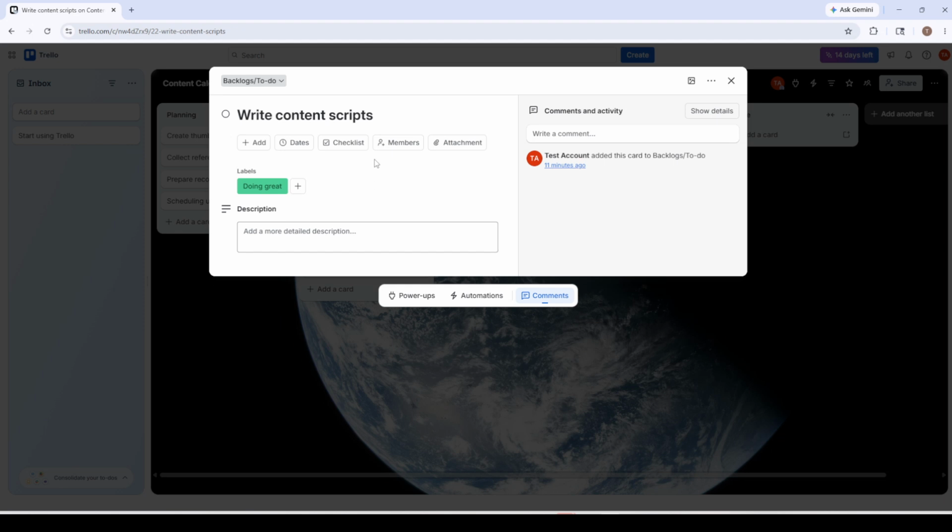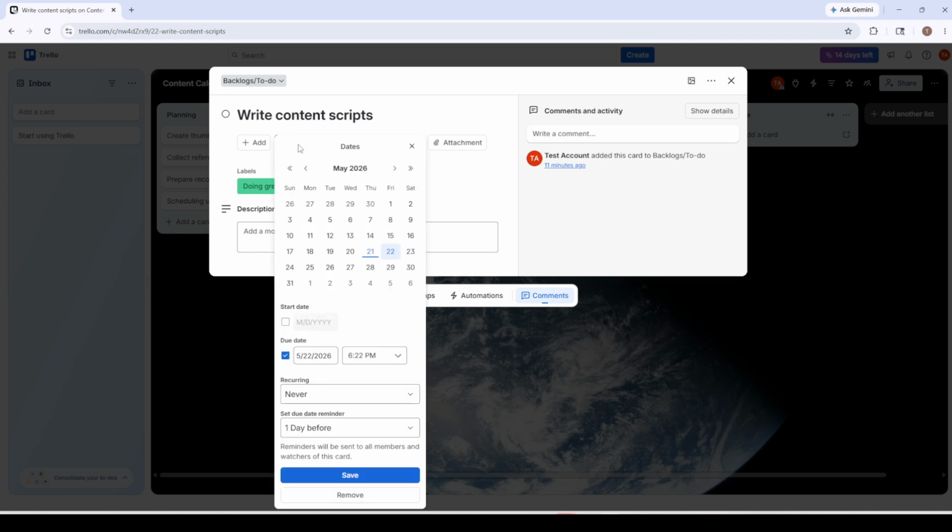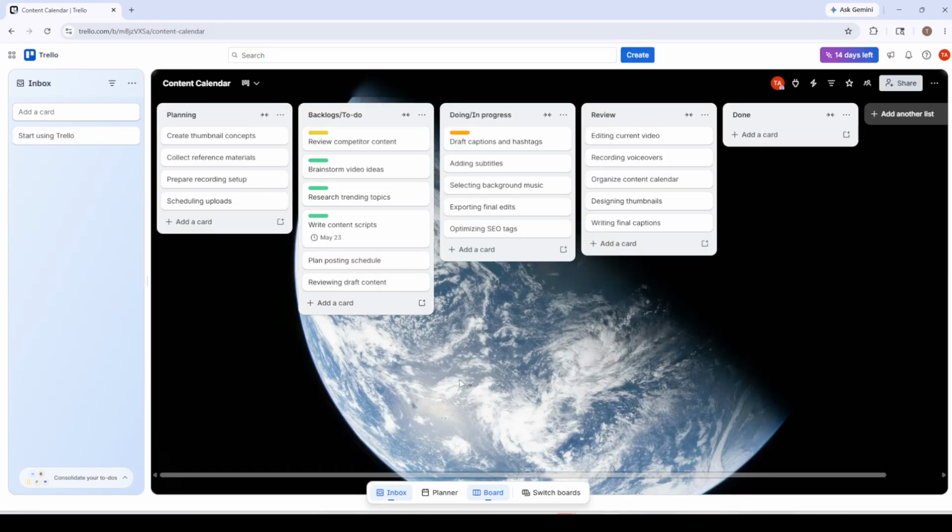For a timeline-friendly view of everything coming up, click on the views and change to calendar view. Seeing your cards laid out by date helps you balance workload, avoid conflicts, and spot gaps where you can schedule